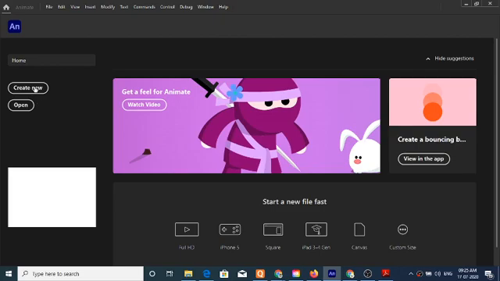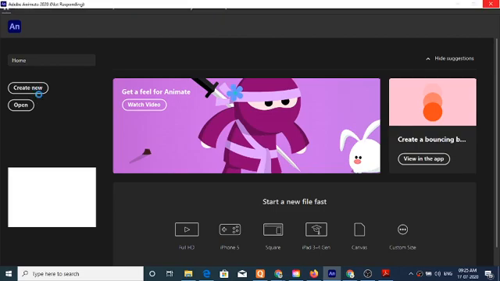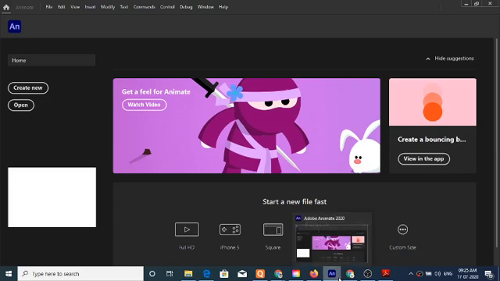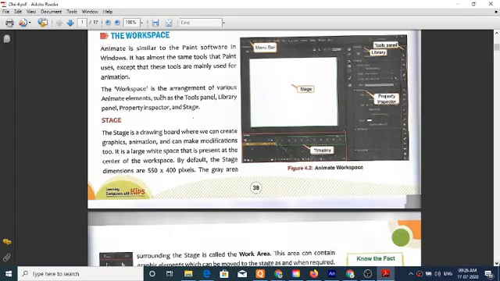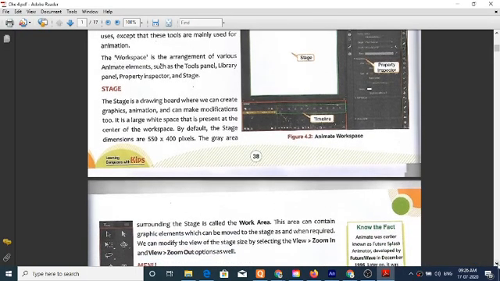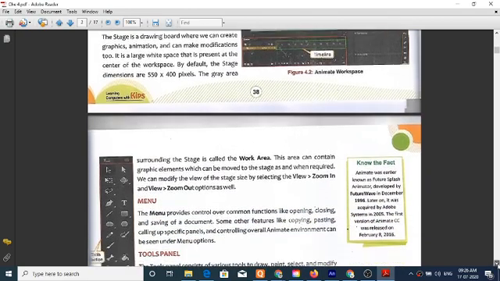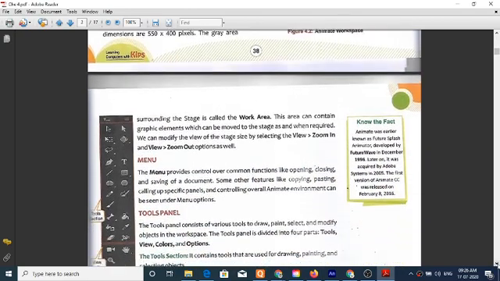As like create a new, then coming to the point, the menu provides control over command functions like opening, closing, and saving a document.